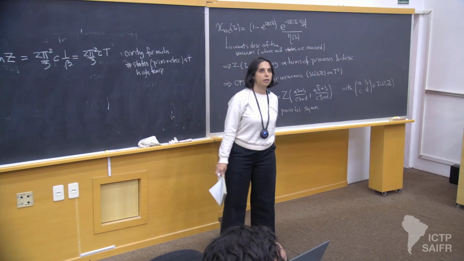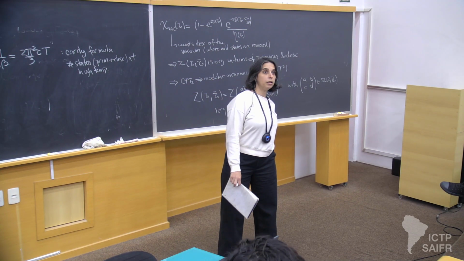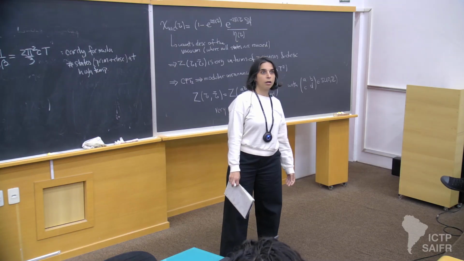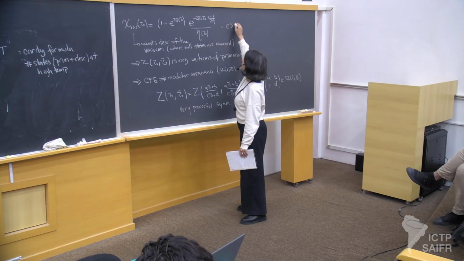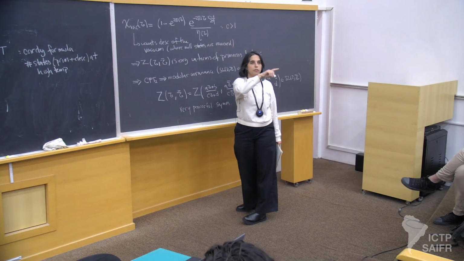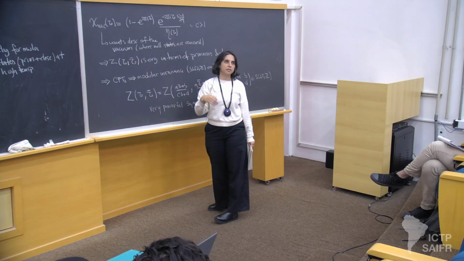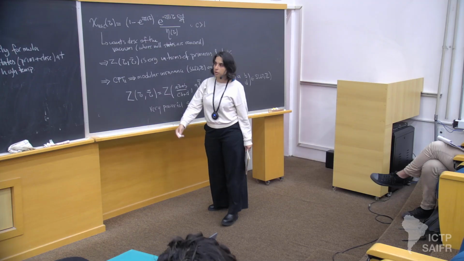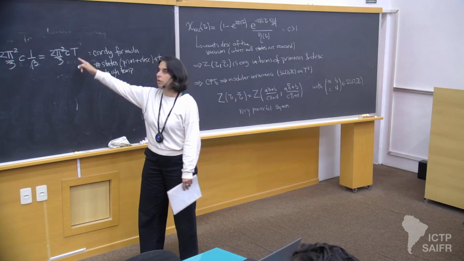Yes. Why can it be 1? These type of expressions are valid; they assume that C is bigger than 1. It's related to the question he was asking me. If the central charge is equal to 1, you can also put it equal to 1. That's also fine, you will just put a 1 here. So a free boson will just have this with 1.